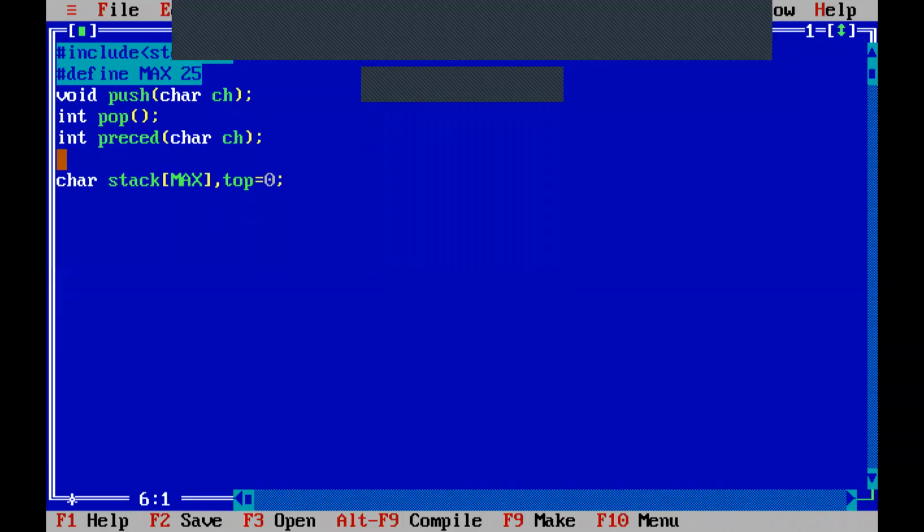After that, we are declaring global variables. What are the global variables which we are going to declare? A character array and a variable called top in order to indicate the index number of the topmost element. When the stack is empty, it will be pointing to -1. Here we are just pointing it to the index number 0. Why? Because we are going to perform a push operation of a left parenthesis, directly without any increment. That's why we are initializing it to 0.